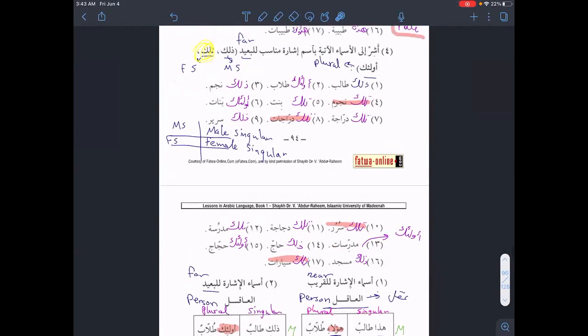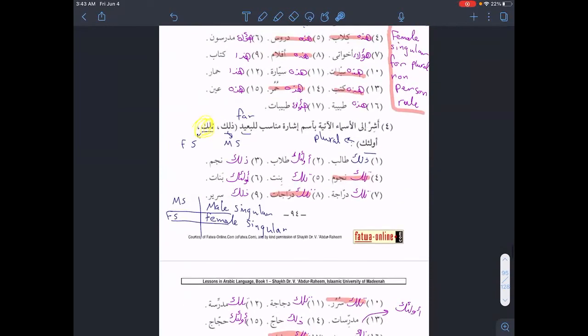And again, you notice here the places where I have used the red highlight to emphasize